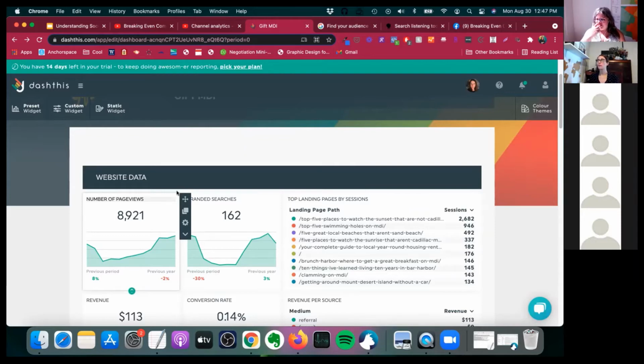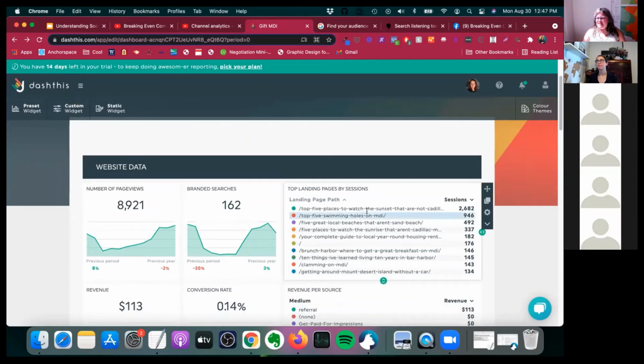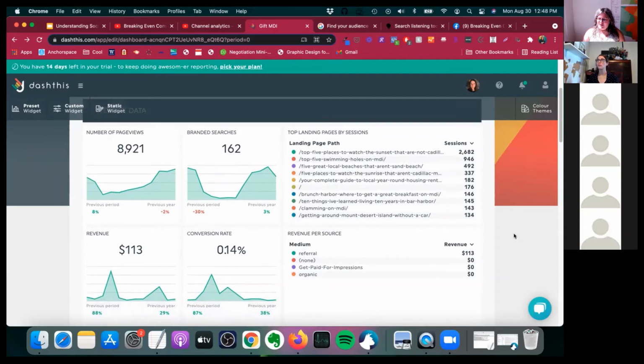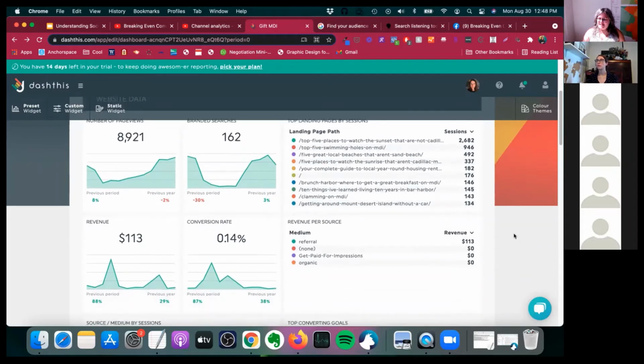So I just want to disclose that these tools definitely cost money. Here's my website data. Branded searches is how many people search for my brand name on Google. And these are my landing pages for the last month. I wrote a blog post about where to go watch the sunset that's not Cadillac Mountain, and the sunrise that's not Cadillac Mountain, and it generates so much traffic